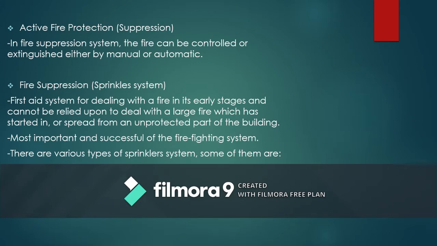Fire suppression sprinkler system. A sprinkler system is a first aid system for dealing with a fire in its early stage and cannot be relied upon to deal with a large fire which has started in or spread from an unprotected part of the building. It is the most important and successful of the firefighting systems. There are various types of sprinkler system. Some of them are